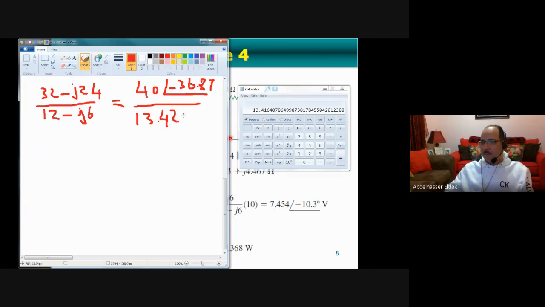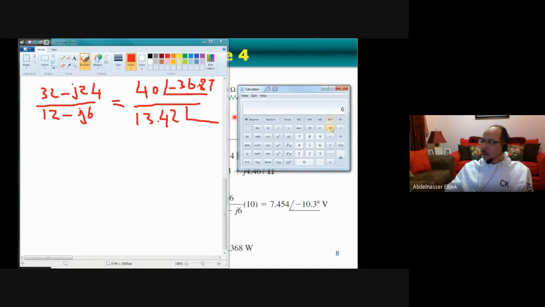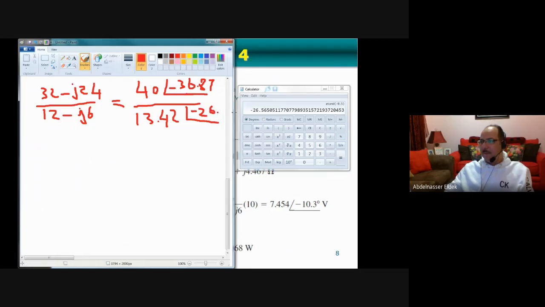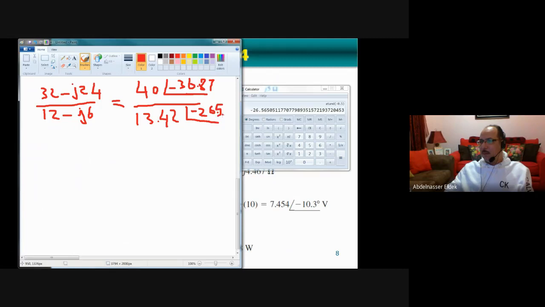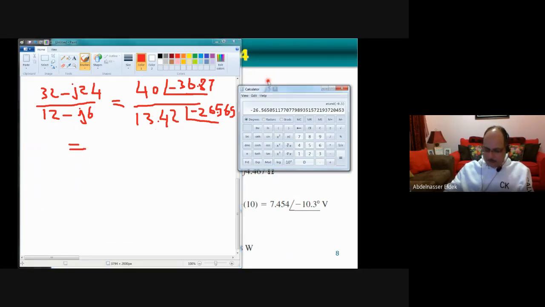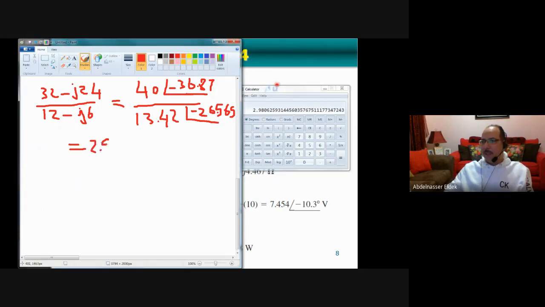And the angle equals what? Equals the inverse tan of negative 6 divided by 12, which is negative 26.565. Okay, so now this equals what? Equals 40 divided by 13.42, which equals 2.98,